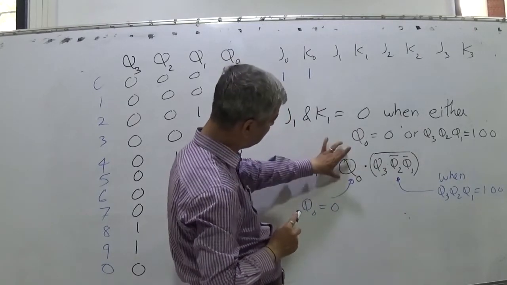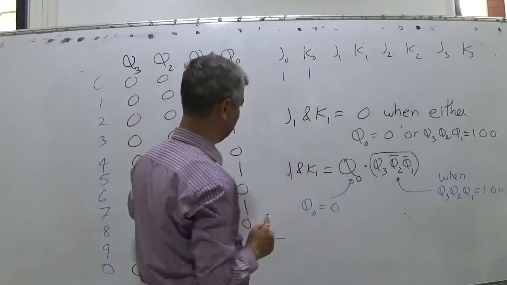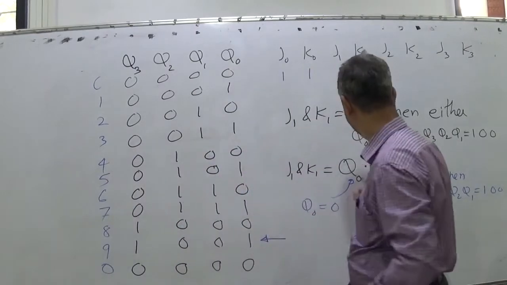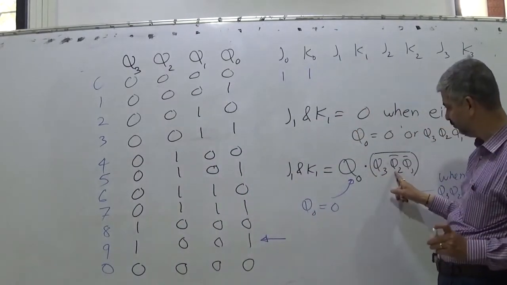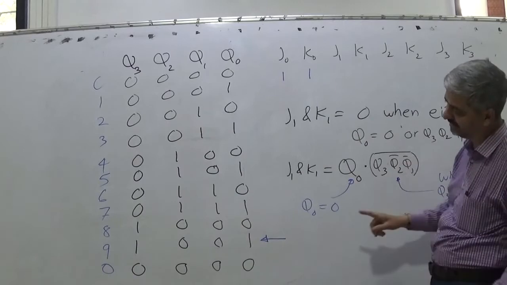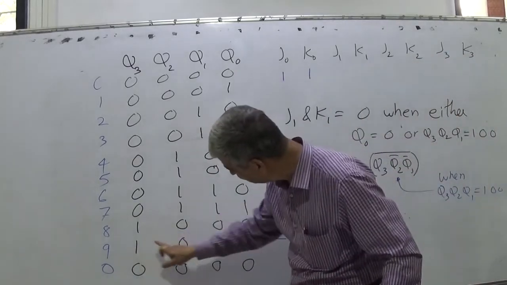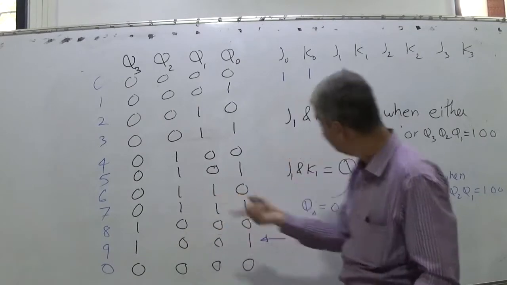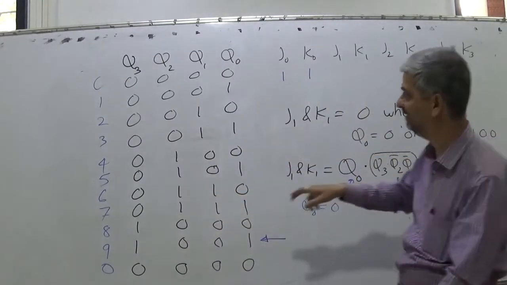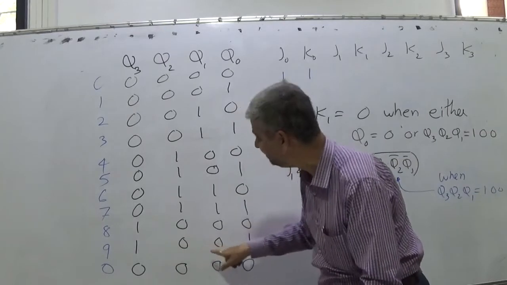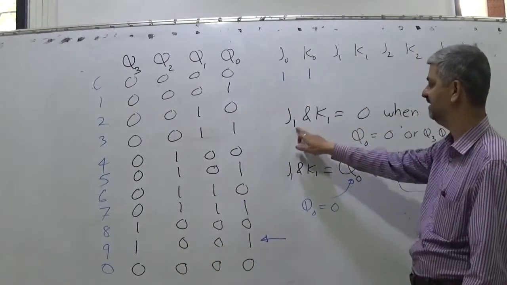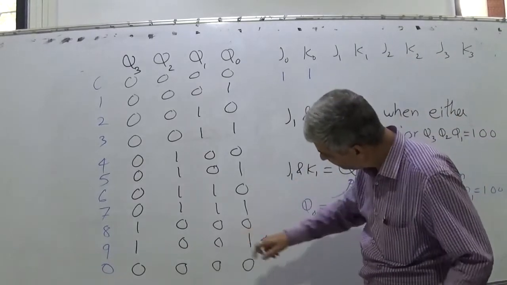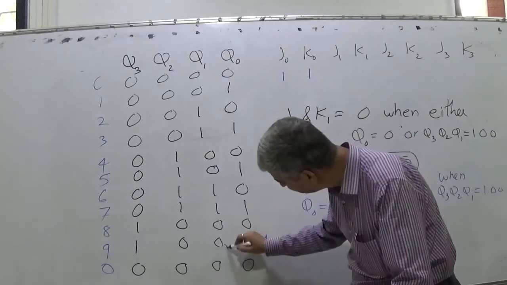So if this is 0, it will maintain the state, and even if it is not 0 but this Q3 dot Q2 bar dot Q1 bar is 0, in that case this is 1, its bar is 1, the product is 1, its bar is 0. So when Q3, Q2, Q1 are 1 0 0, J1 and K1 will become 0, so that especially this one